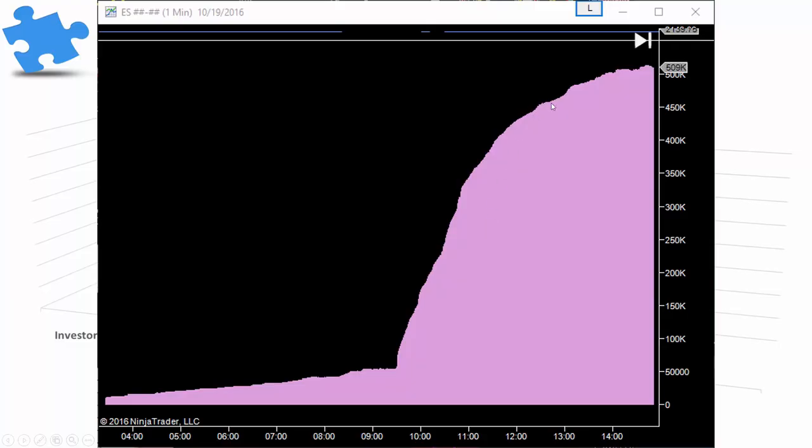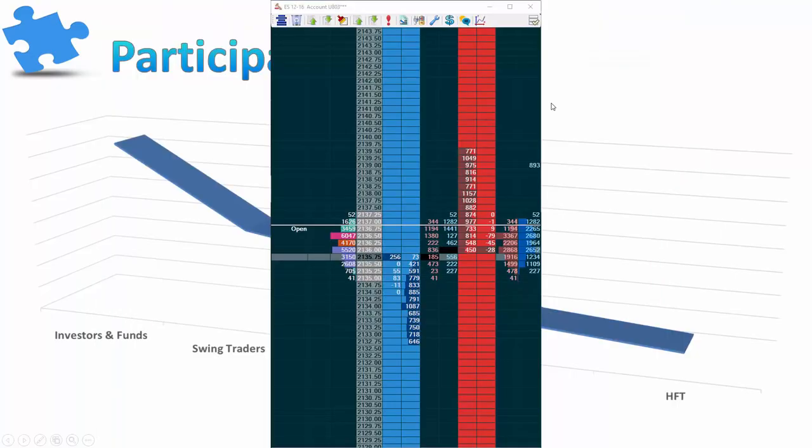500,000 contracts above average. The higher the participation, the more likely the people in the time frame above you are active in the market. And that volume is just one part of the picture. The other part of the picture is the market depth. So this is the S&P 500 again, and as we can see, the average depth is 700 or 800 contracts. Now before a scheduled news release, that could easily drop to 100 contracts average or lower. Now we all know that not all depth is real, but when the depth increases or decreases, it does impact